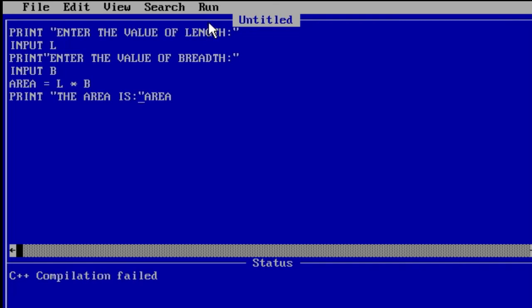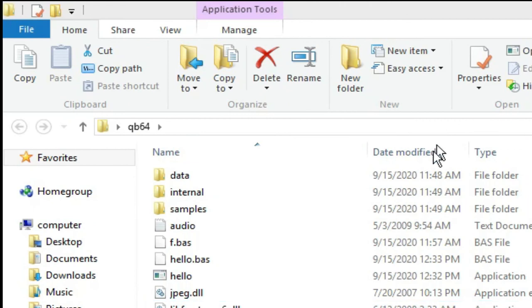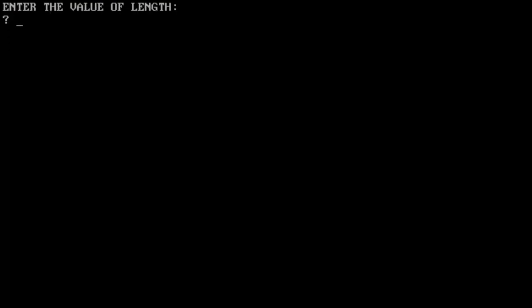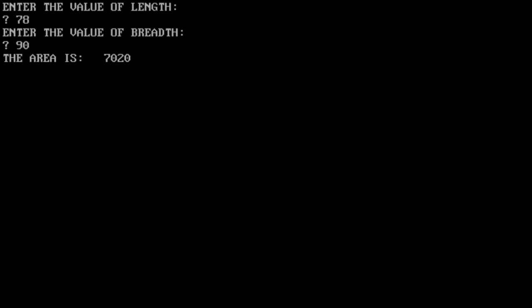Here C++ compilation failed because we have to use a comma between the inverted commas and the variable. Remember this point, then click on run and start again. On the output screen you will have the text enter the value of length. We enter the value 78, now 90, and the area is 7020. Got that idea?